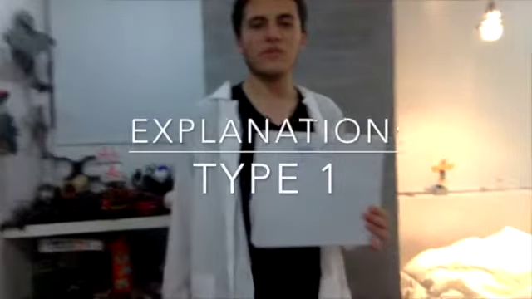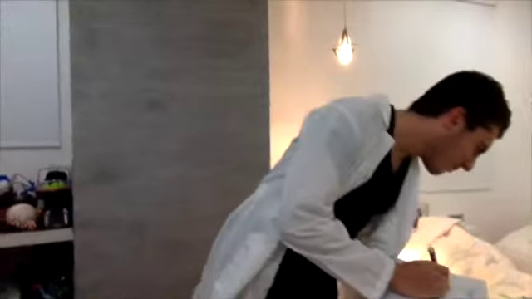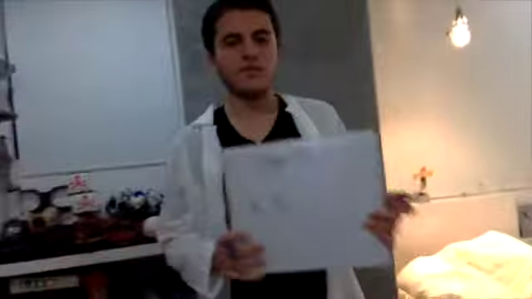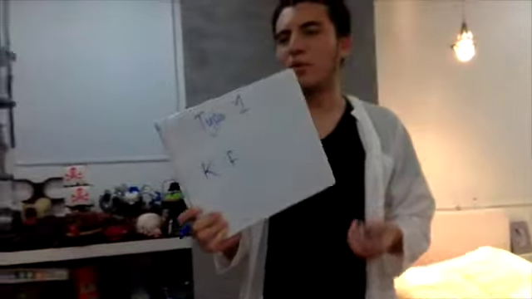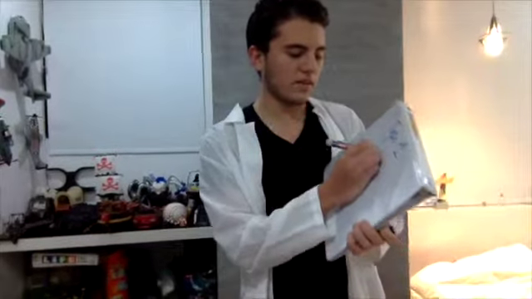Right now we're going to learn about type 1 binary compounds. The first thing you should know about type 1 is that it's only between nonmetals and metals. So I'm going to give you an example. Potassium and fluoride are both a binary compound when they are joined, because fluoride has an oxidation state of -1